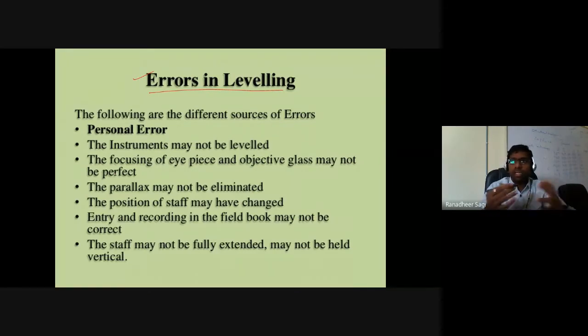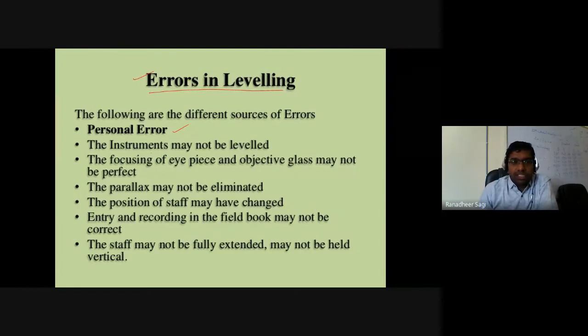These are the three common systematic types of errors: personal errors, instrumental errors, and natural errors. Now, what all comes under personal errors? I need not focus much on these, because for earlier instruments we have already talked about them. But here the instrument is different, and we have already talked about its functioning. So accordingly, we have to understand what could be listed under personal errors, instrumental errors, and natural errors.